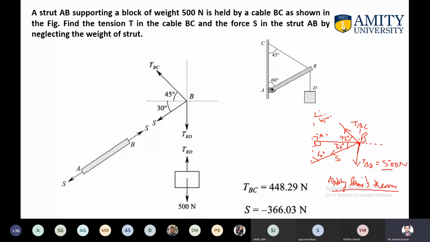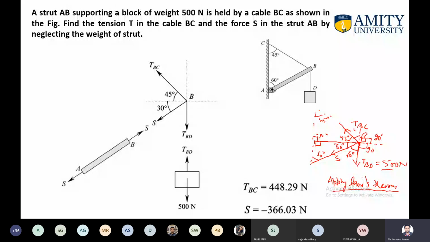This is simply, you can see this is 45 degree. This is again 45 degree, 90 degree, 90 degree. This is 30 degree. How much is left here? It is left here 60 degree. All the angles are known to you. This is 90 degree. This is also 90 degree here. And this is 45 degrees.